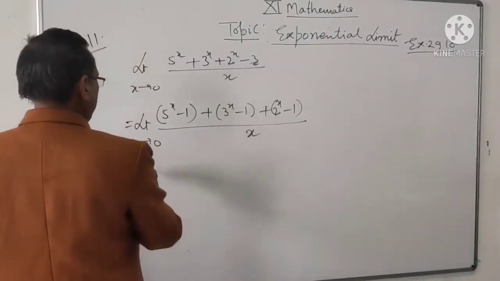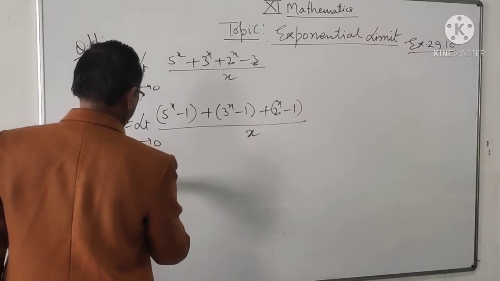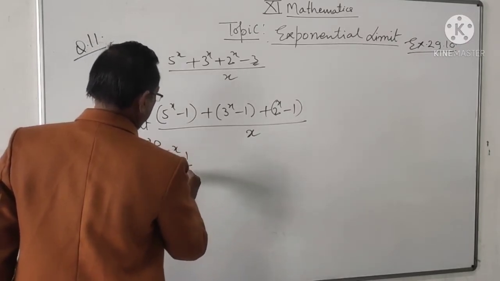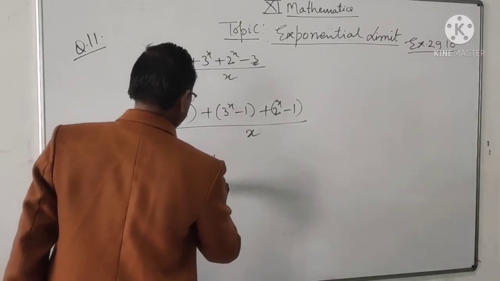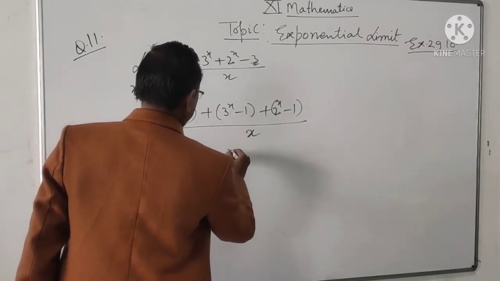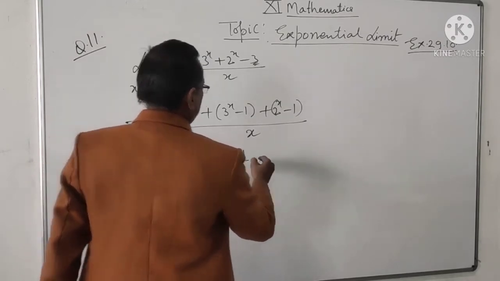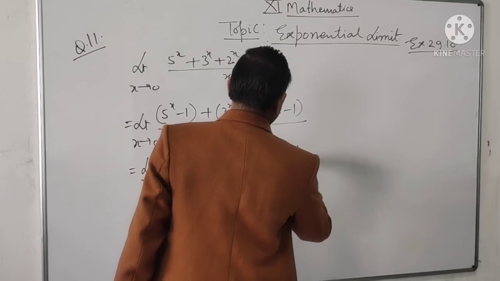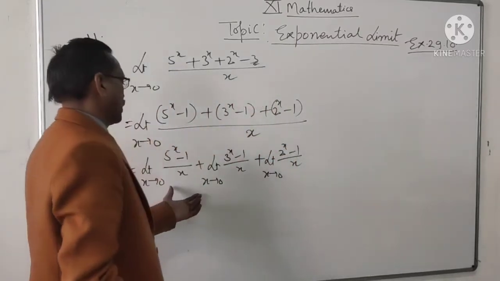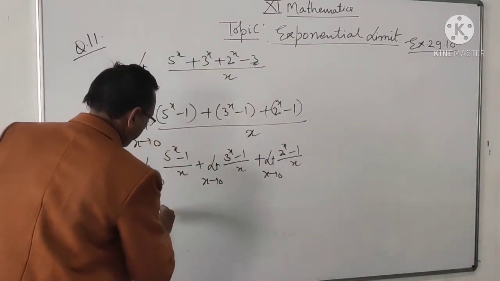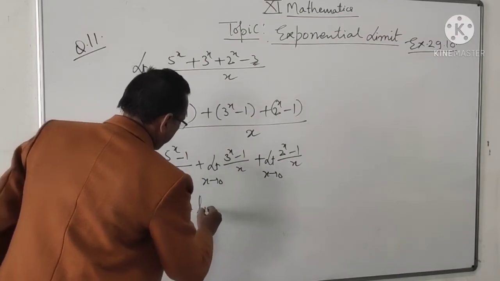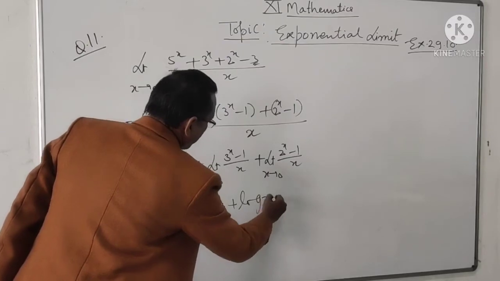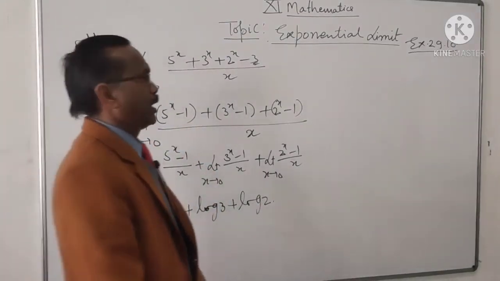Then it is limit x tends to 0, break into 3 limits: 5 power x minus 1 upon x plus limit x tends to 0, 3 power x minus 1 upon x plus limit x tends to 0, 2 power x minus 1 upon x. It is log 5 plus log 3 plus log 2. Now again there is a formula, log m